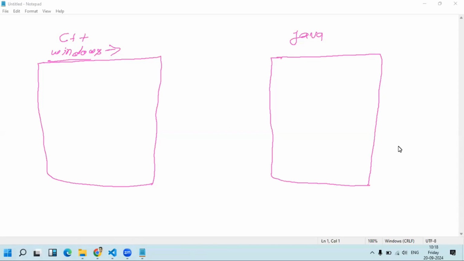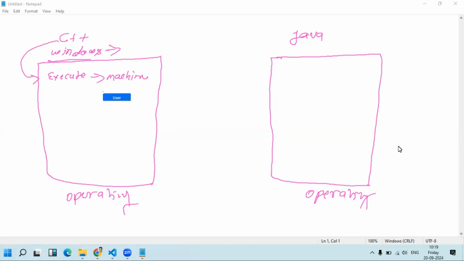So what was happening there? Suppose this is an operating system, this is an operating system, and this is also an operating system, right? So here the C++ compiler executes the code. It produces the code in machine level language, the language that the machine can understand. Machine means the operating system can understand it directly, right?